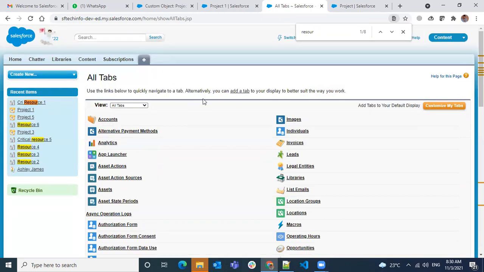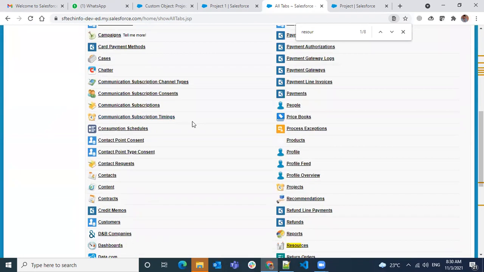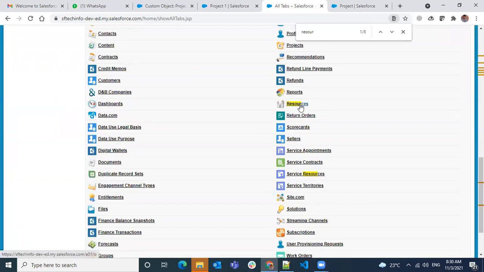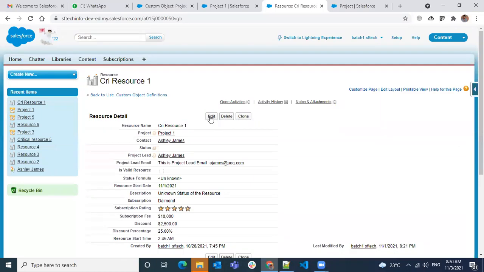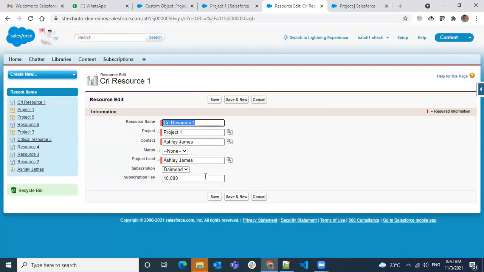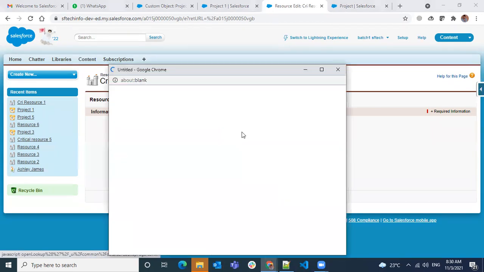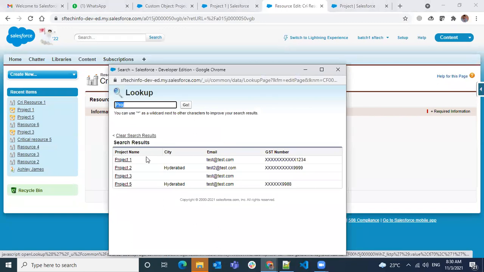But in the Classic version, we have to click on this plus, and then we can see all tabs, and we can search everything over here. I'm going to resources, and if I open any resource and do an edit, we have a project over here. I'm trying to search for this project and see what fields I have added in that dialog.